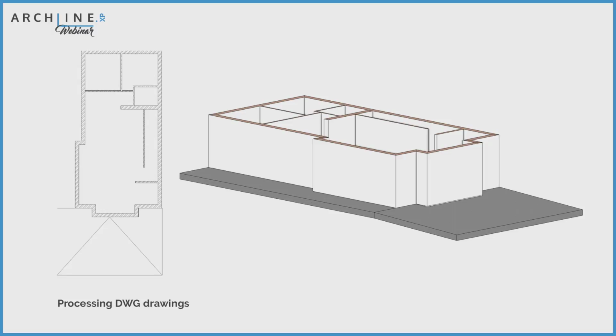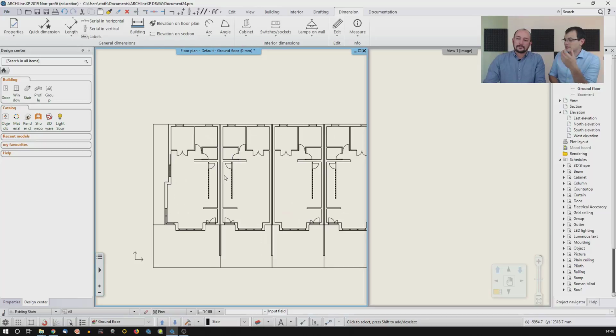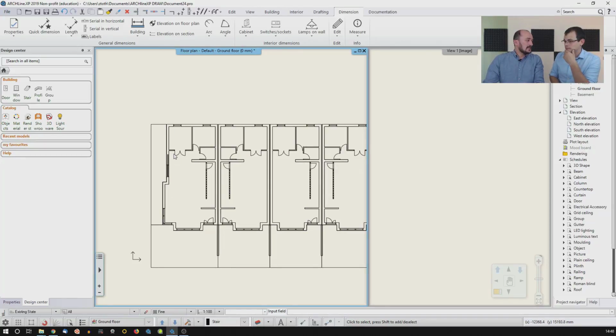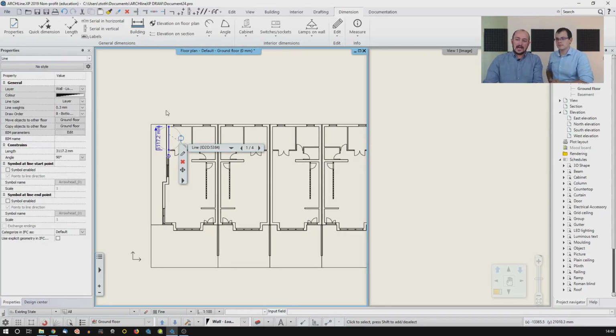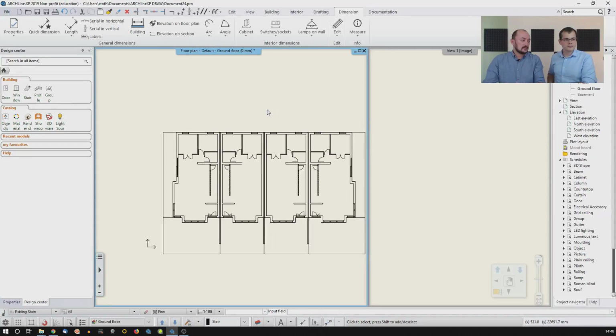So let's see how we turn this into something that we can manage. Basically, this is a two-dimensional line drawing. How do we make it something better? So we double check the size. We can tell that it's only lines and 2D, and there is no 3D. So to process a DWG file and its walls, we'll